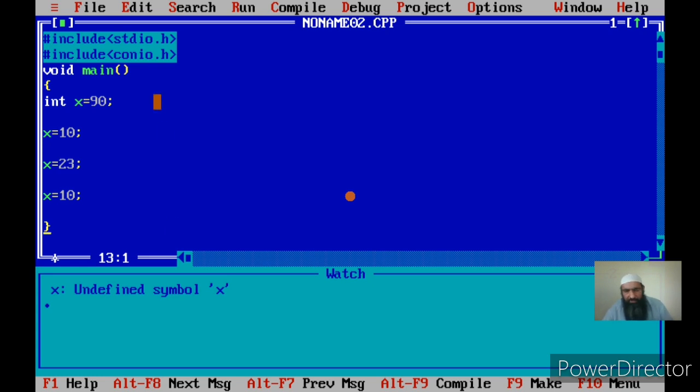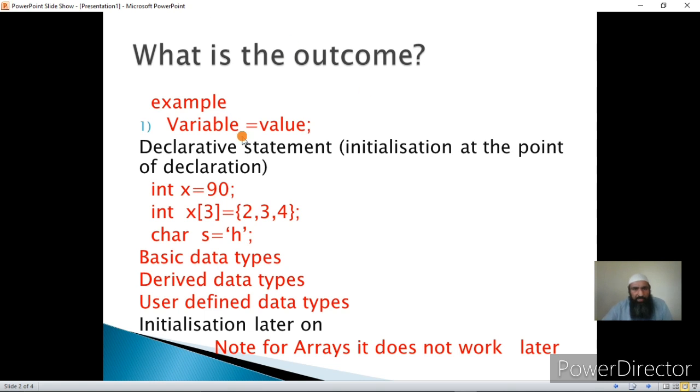This is what we have given as the definition of a memory location, that is, a variable. A variable is a memory location that changes its contents during the execution time. I have already given a detailed lecture on what a variable is. Now I have shown you two methods of using the assignment statement with the syntax variable equal to value. The first one was initialization at the point of declaration, and the second one was initialization later on. Both have the same syntax, variable equal to value. This I have already explained.